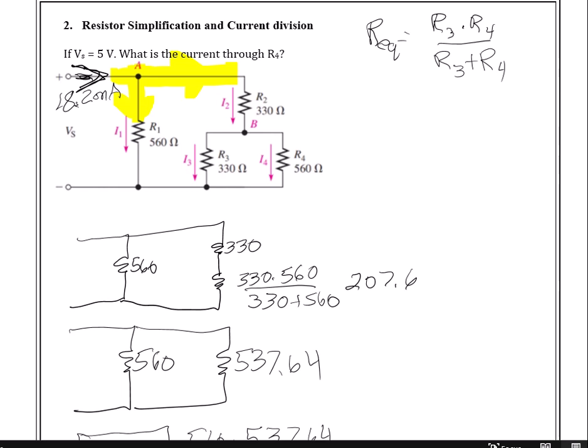So if I look at this one right here, where I have my 560 for R1, and I've simplified this whole branch into 537.64, then I can say I1 is going here, and I2 is going here. So by current division,